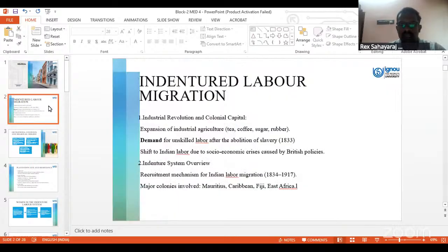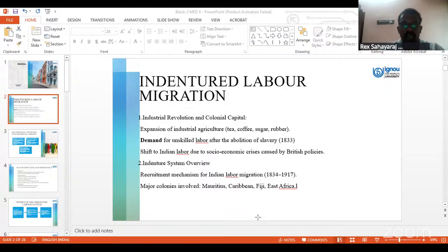So, dear learners, when we deal with the colonial period, we should also understand the concept of indentured labor. In simple terms, we can consider that as, during the colonial period, how the labor was considered as a slave, given low wages and taken anywhere inside the country and apart from the country. So this is a simple understanding of that. But in this unit, we are going to deal with